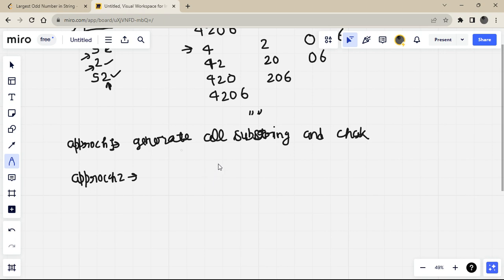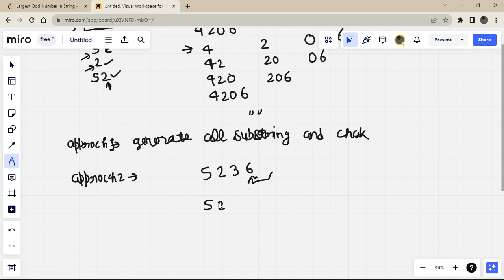And how do we get the maximum odd length substring? Let's take another example to understand clearly: 5 2 3 and 6. If we want to generate all substrings and calculate, but instead iterate from the last position, let's take the whole string.